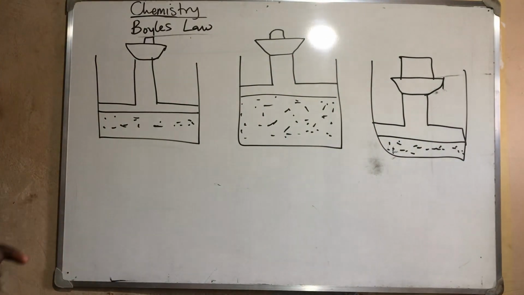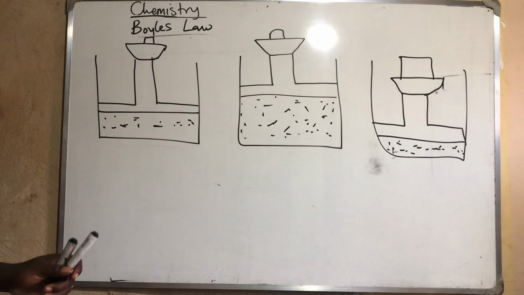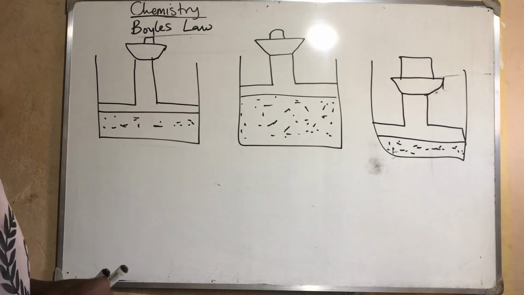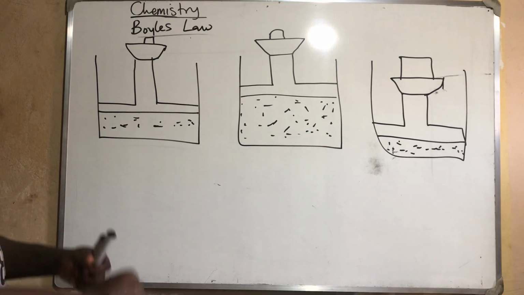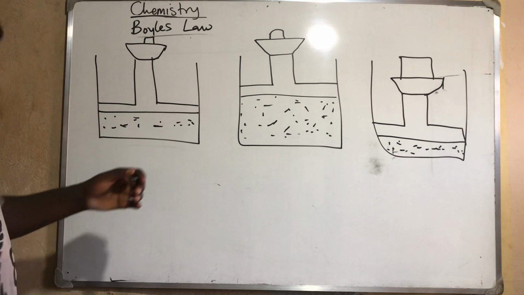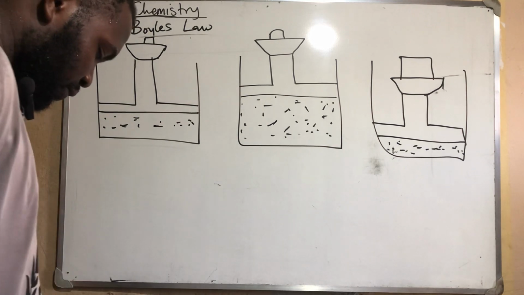The more you compress it, the more they are fighting themselves, moving as if they could not stay, so it will make their pressure increase. But if you allow them freely, they will not be moving so much, and they will reduce their pressure. So that is how